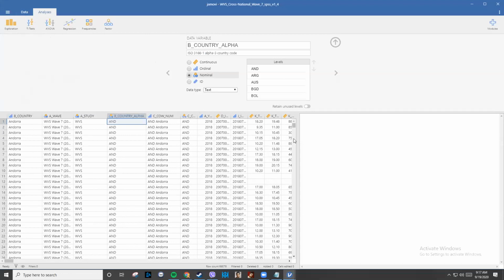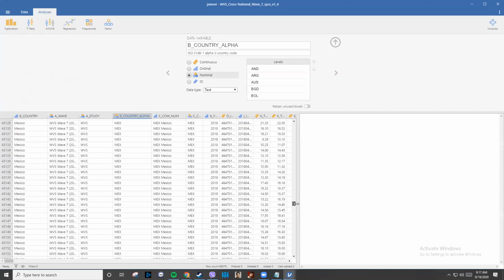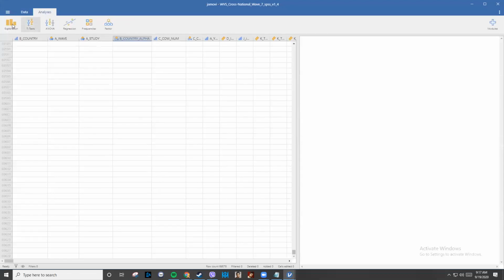So once we're here, we have the whole data set loaded. The World Value Survey dataset has 116 countries. What we want to do just to see is press analysis. You can go to exploration.